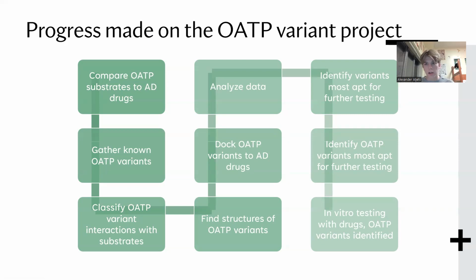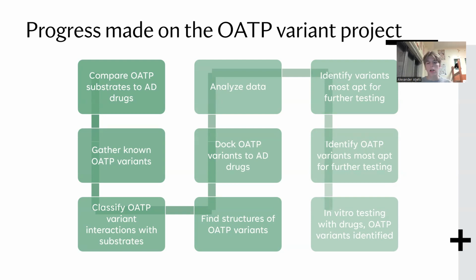This is the flowchart of the OATP variant project that I'm working on right now. First, I compared OATP substrates to Alzheimer's drugs using the clustering Python script that Mercer wrote. After that, I switched to gathering OATP variants and then classifying the interactions that the variants have with substrates: which variants still continue to bond with these substrates and which ones are not